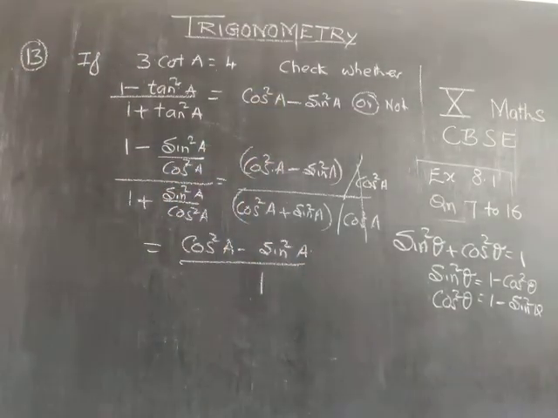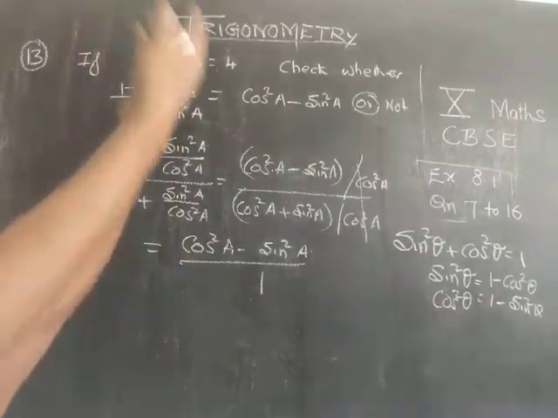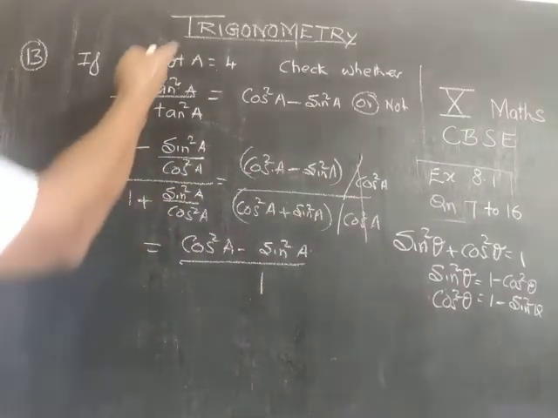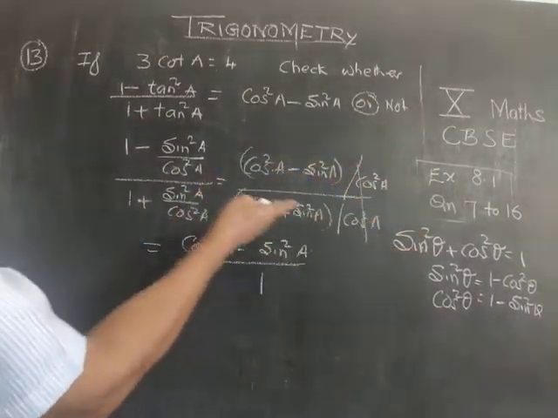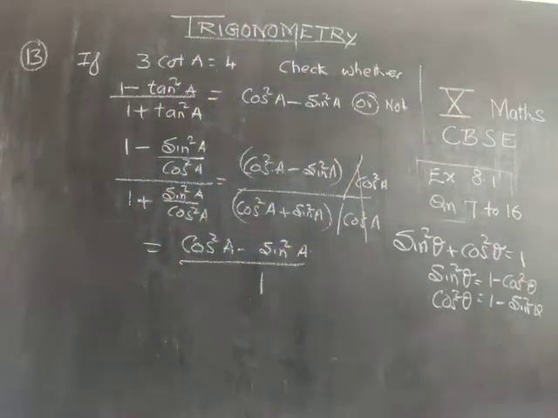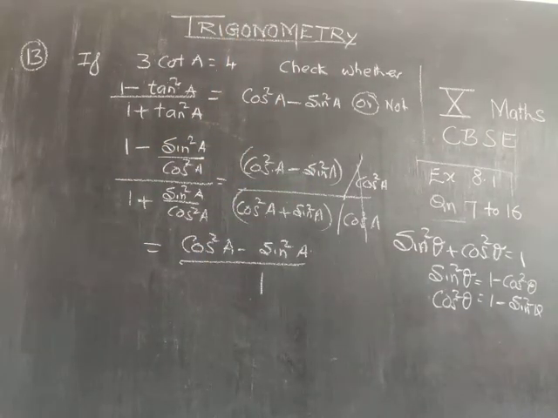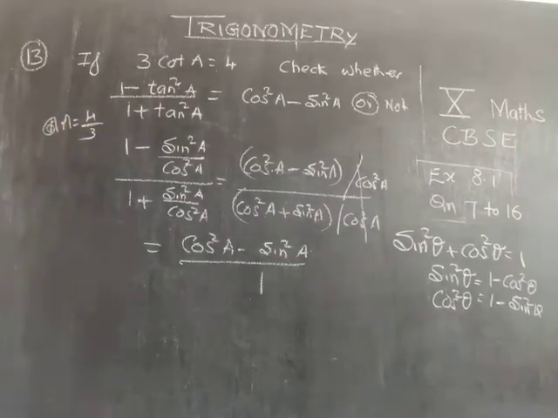So this holds good. Whatever may be the value of cot A, whether cot A is 4 by 3, cot A is 5 by 4, or cot A is equal to anything else, this is completely true, because tan is nothing but sin by cos. So if you are applying that, we are getting this, and this is the identity. Sin square A plus cos square A is always 1 if the angles are same. Therefore cos square A minus sin square A holds good. You can answer like this. So irrespective of the value of cot A, so cot A is equal to 3 by 4. Sorry, 4 by 3. Irrespective of the value of cot A, this LHS is equal to RHS.